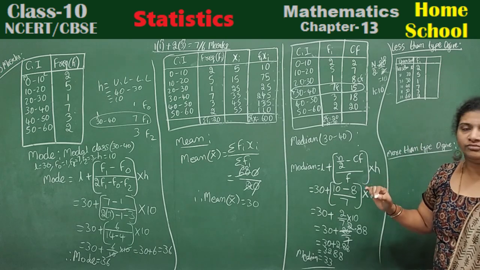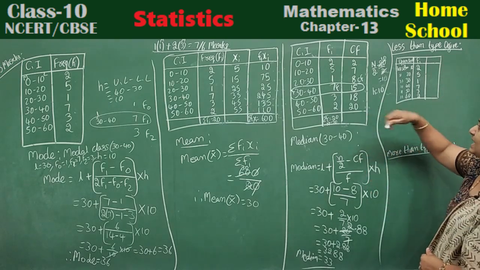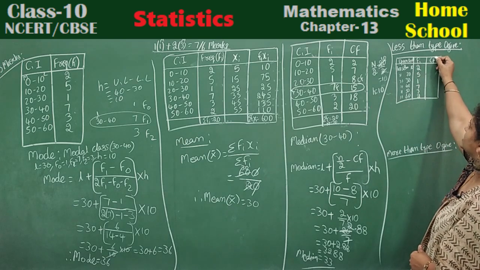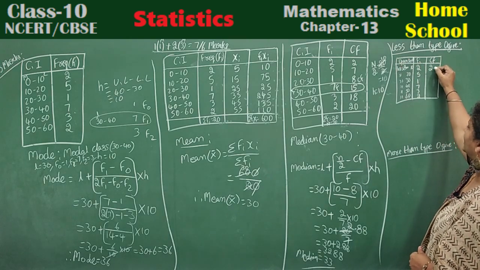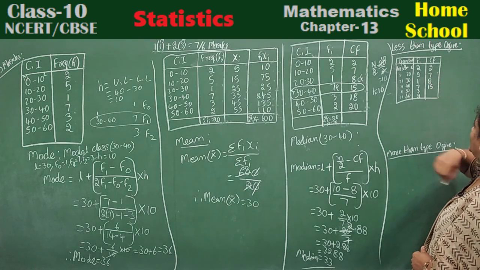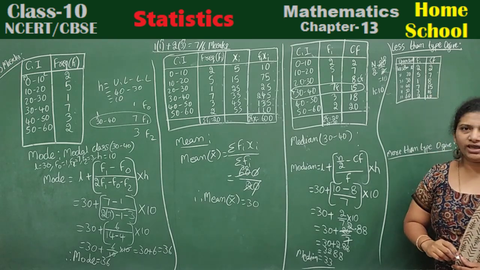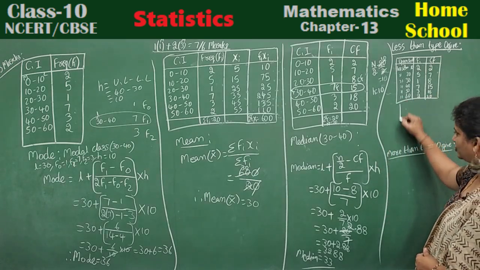And another column you need to draw, that is cumulative frequency. Same manner, cumulative frequency, what you got here when you are adding 2, 7, 8, 15 and 18, 20. Okay, now take a graph sheet